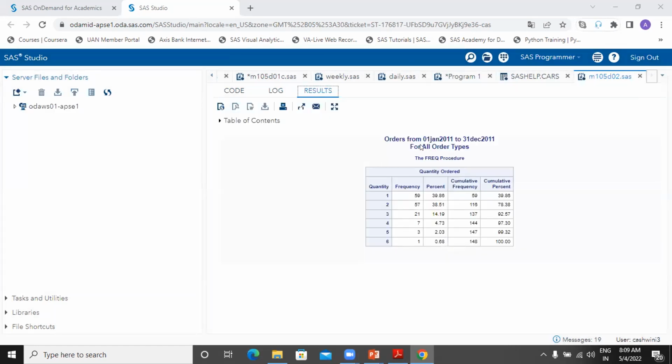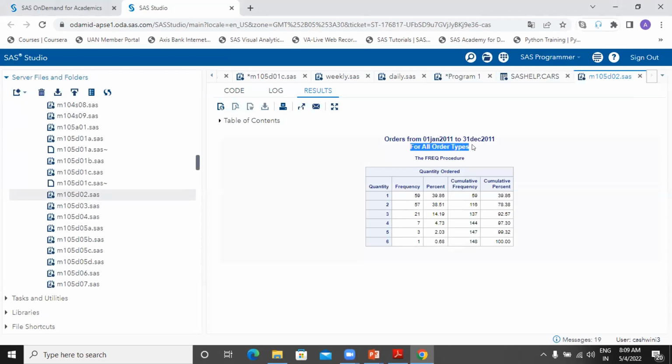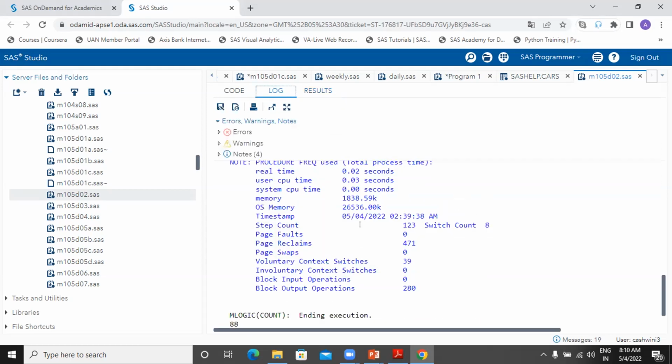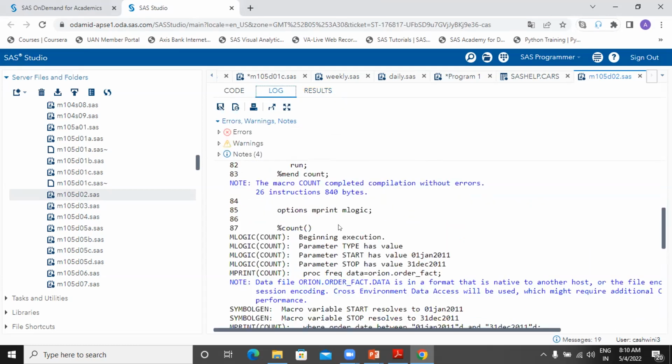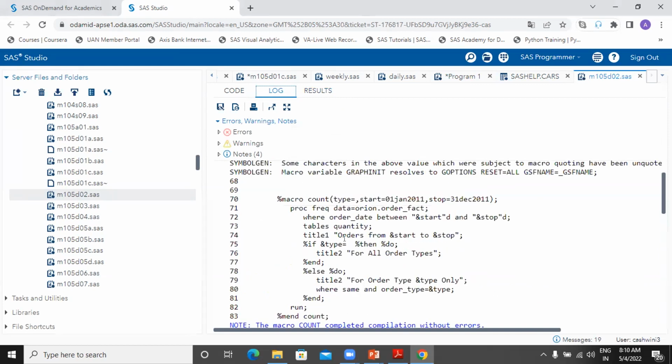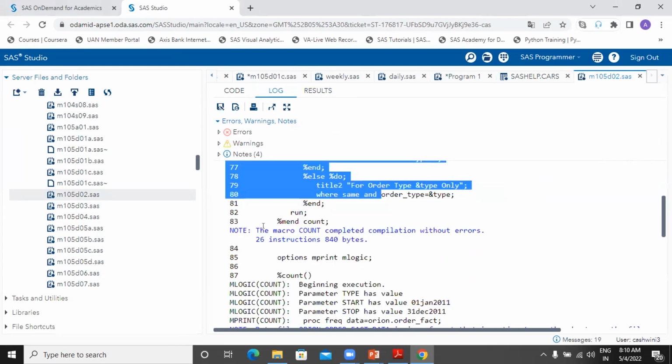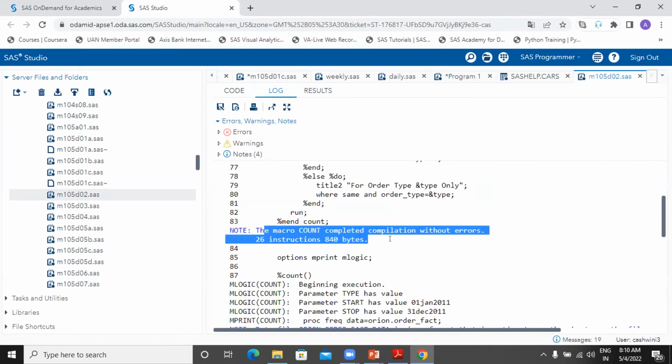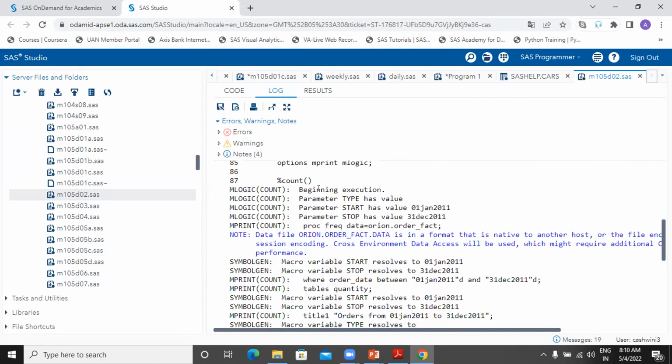See your title: all order types. So this is the frequency report for all your order types. For every quantity of all order types, this is the frequency count. Okay. So let's check the program flow in your log. So this was your macro, which I have saved, which it's telling it is saved successfully. So when you call your macro with null parenthesis, because of MLOGIC, it's telling beginning of your macro count